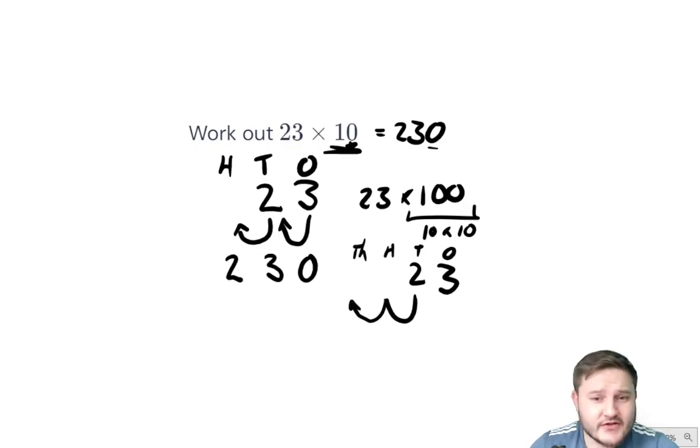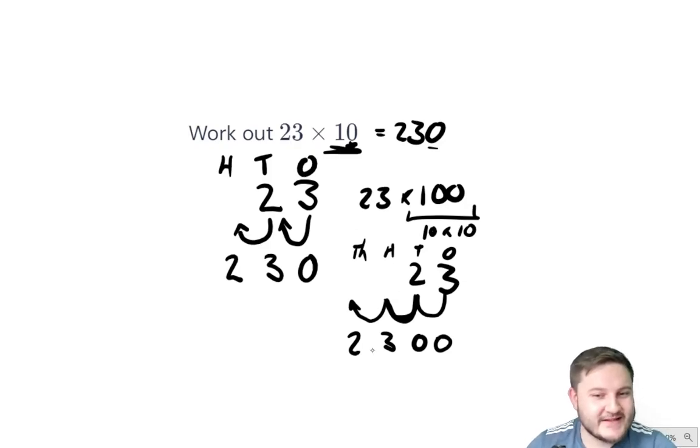So this 2 ends up in the thousands column, and this 3 ends up in the hundreds. And then we have to fill in these 2 gaps that have been created because we've moved these 2 numbers out with zeros, because there's nothing there, but we need them to hold the value of the number. If we just wrote 23, people will think we're talking about 23, and we're not. We're talking about 2,300, so we have to fill in and hold the place value with those zeros. So the answer to what is 23 times 100 is